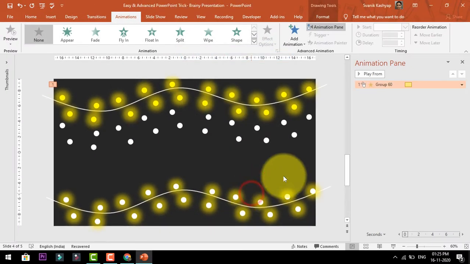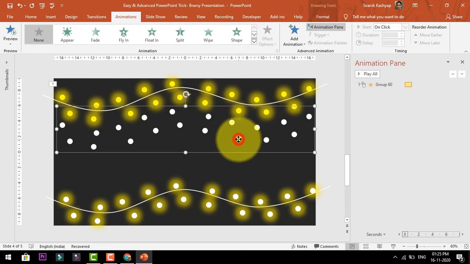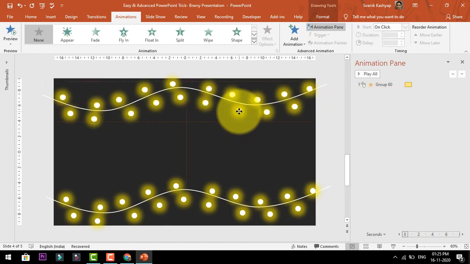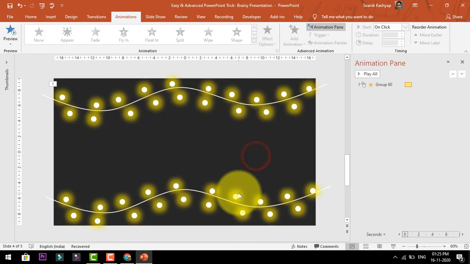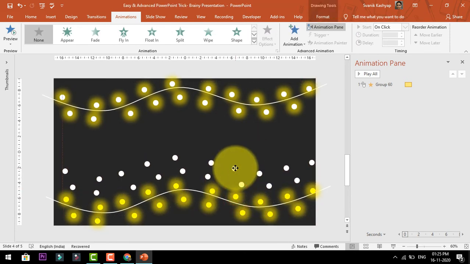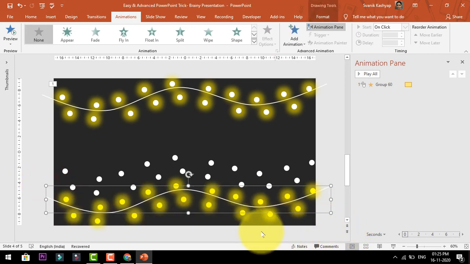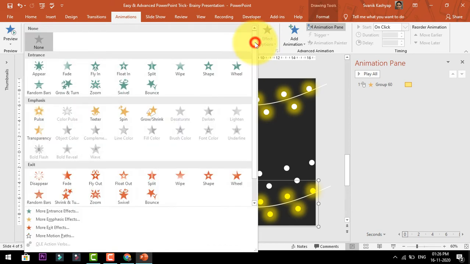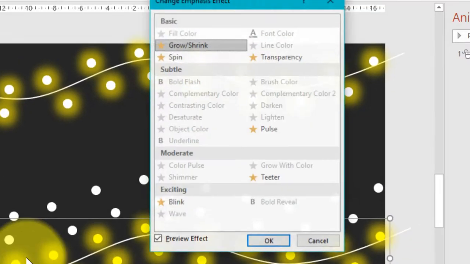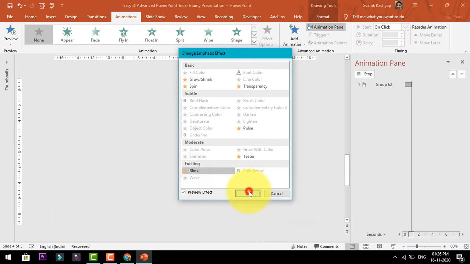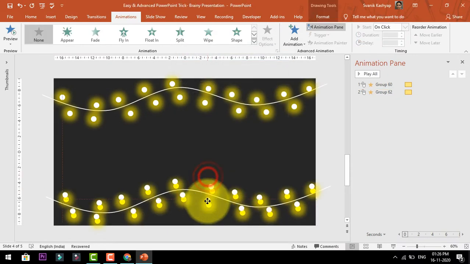Then you can align these yellow circles, sorry, the white circles. Again select the yellow circles from the bottom and choose the blink animation from the more emphasis effects under the exciting option, and place these white circles on top of the yellow circles.